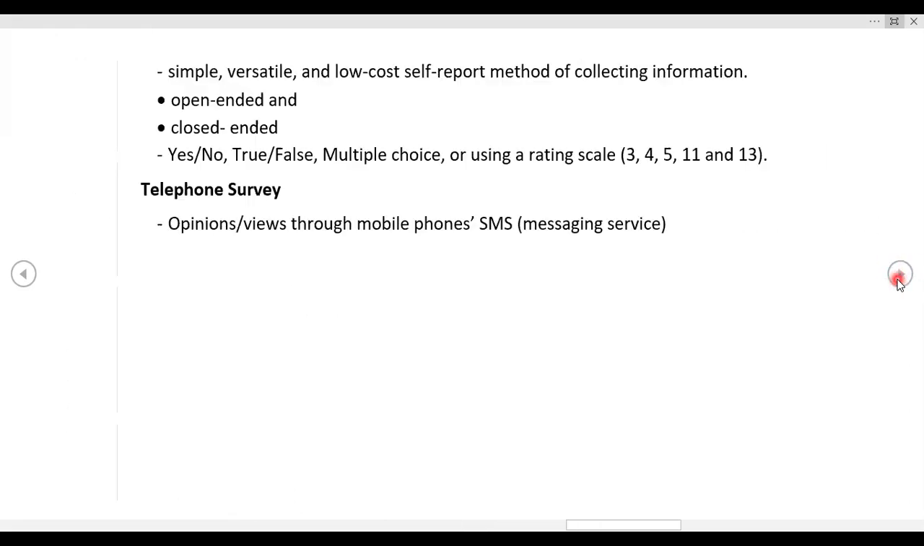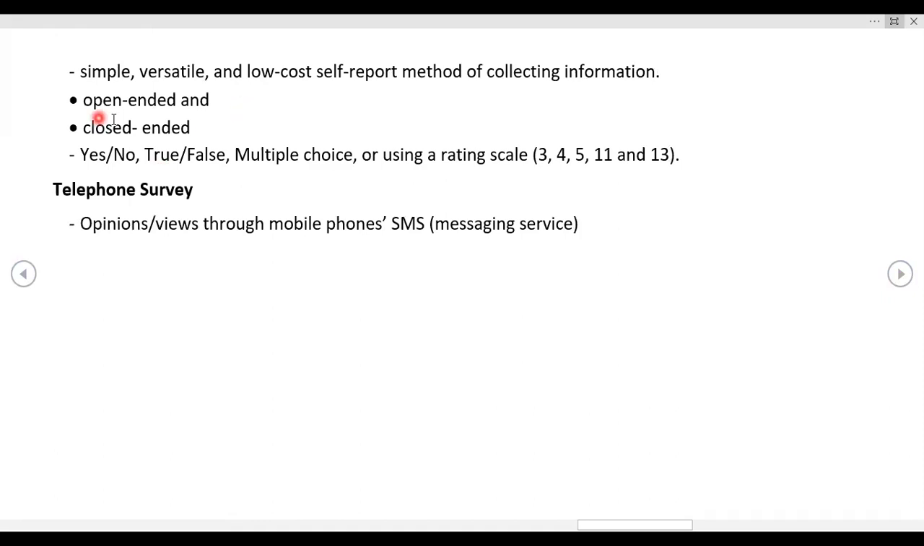Questionnaire survey, the types of questionnaires: open-ended and closed-ended. There can be options available, and you can create scales. Telephone survey: you can collect the data based on opinions through SMS and choices. And then